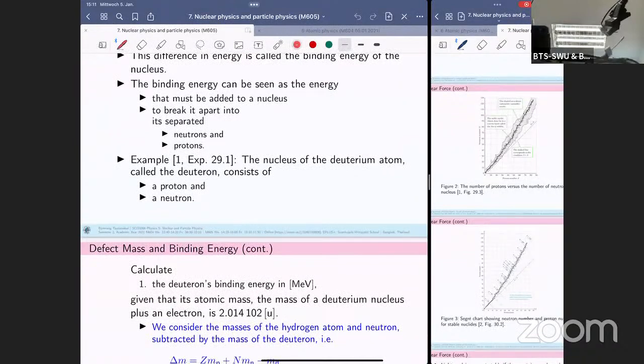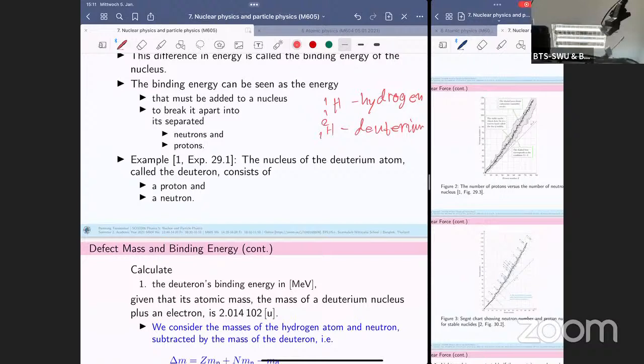the first example is taken from book number 1, example 29.1, chapter 29 of this book: the nucleus of the deuterium. What is that deuterium? Of course, it's hydrogen, right? Deuterium is an isotope. Okay, of course, you know H11 is hydrogen. H12 is deuterium. Okay, H21 is deuterium, and